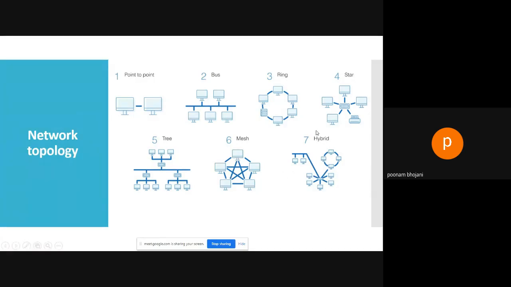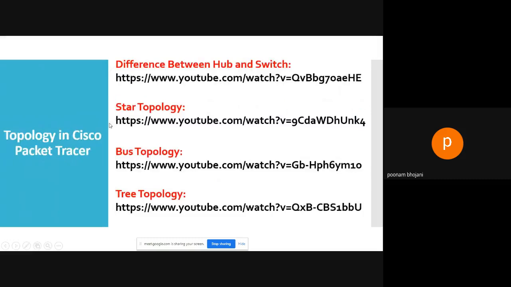So this way we have seen the different network topologies in the theory, but now we are going to implement these topologies in the tool Cisco Packet Tracer. We will connect multiple stations with a bus and then see how the communication will be done. To study all the topologies, as well as the difference between hub and switch, you can watch videos also.